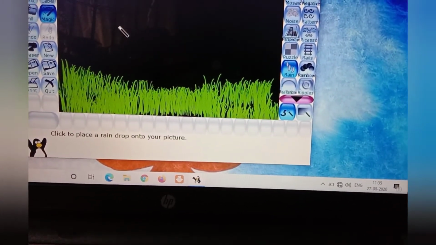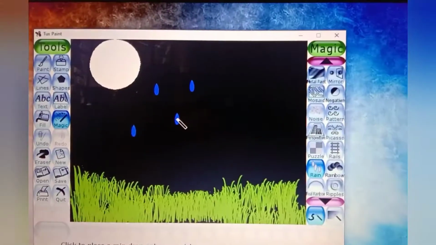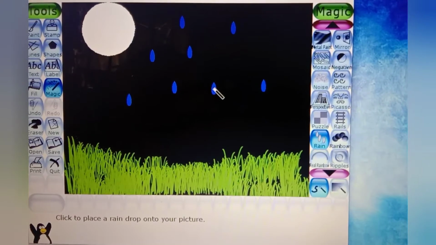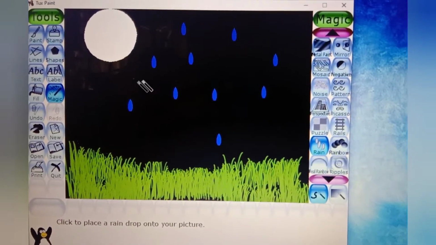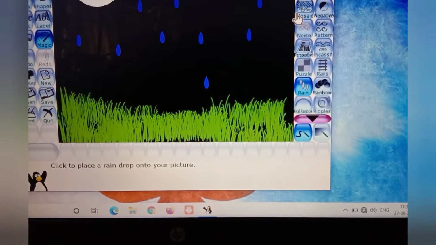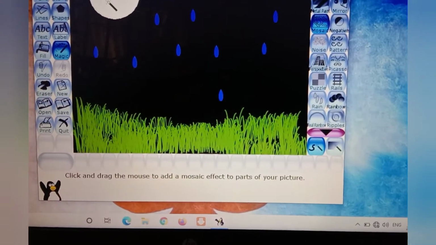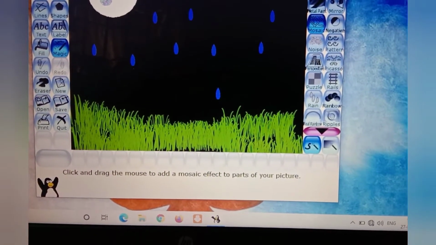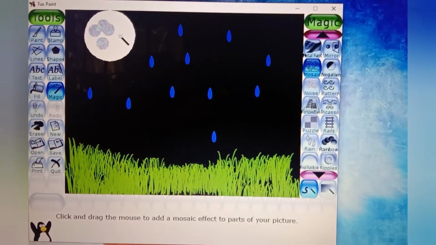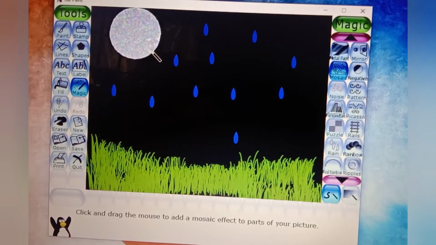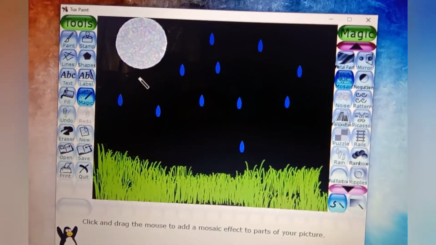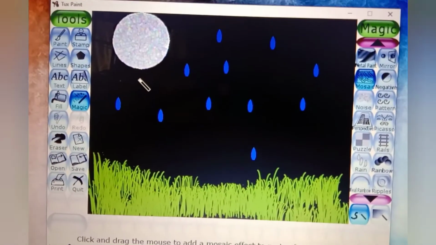I can add a water droplet like this, and it will be shown to you. You can add the mosaic effect. You can do it by just clicking once. So my picture is ready.